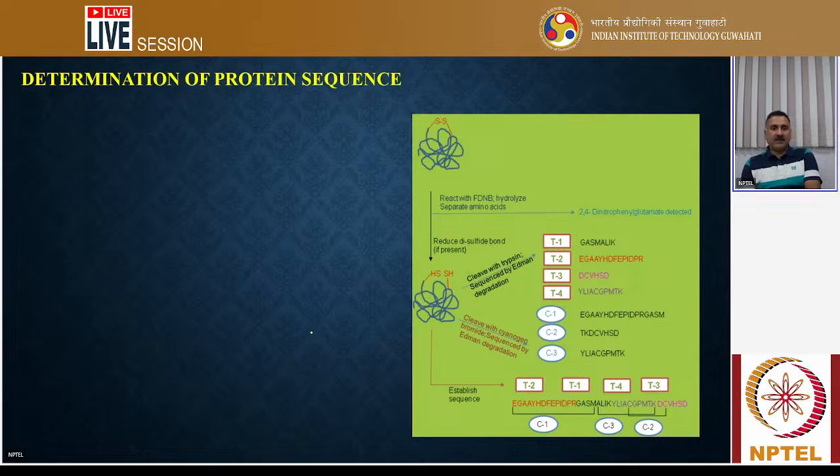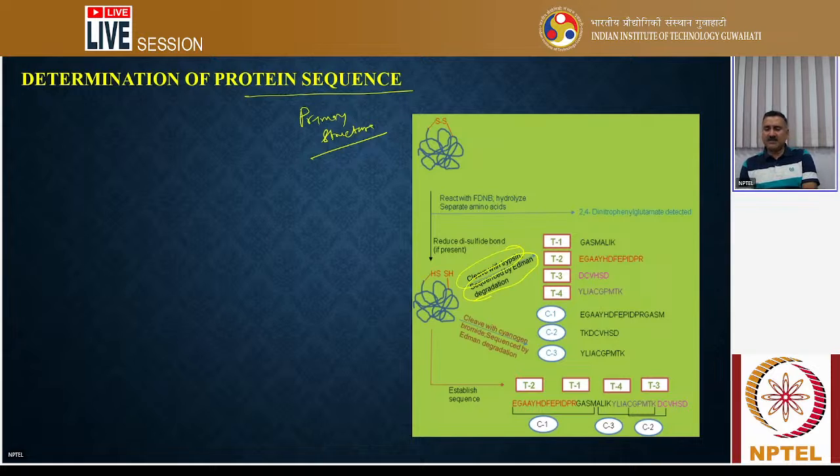So, for example, when we were discussing the determination of the protein sequence, like the primary structure, we discussed in detail Sanger's method as well as the Edman degradation method. And what we said is that if you have a protein, you can first reduce the disulfide bonds so that it is going to have a linear chain, and then you generate different fragments with the help of trypsin, and then you do the sequencing by the Edman degradation method.